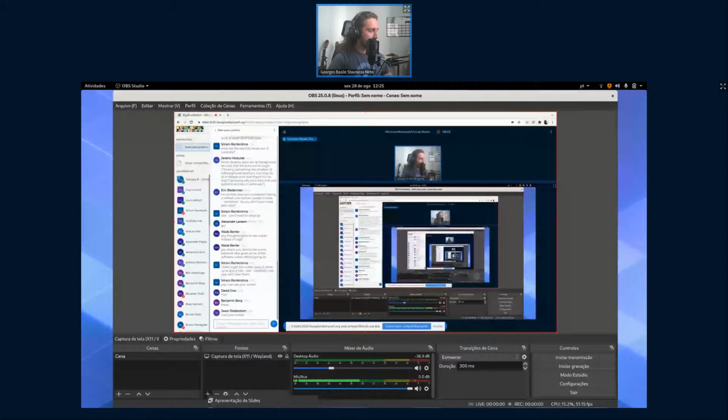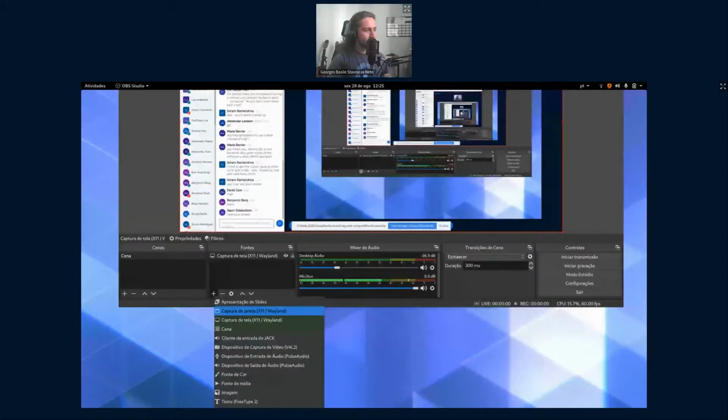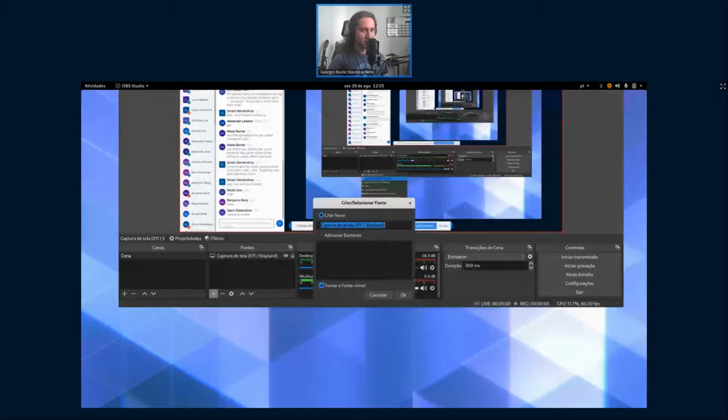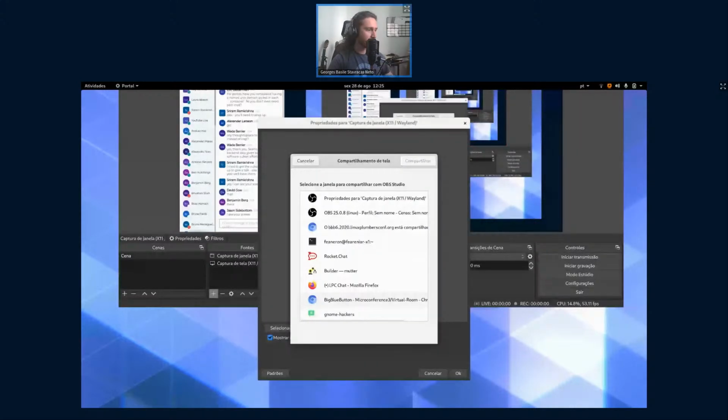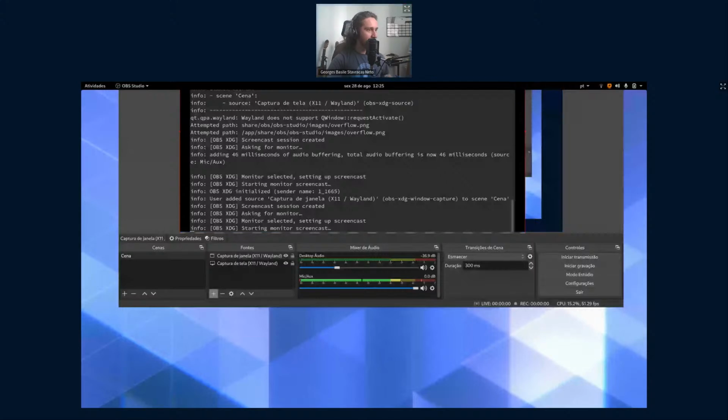Using portals, I can also choose a specific window. This is still the portal, so I can choose, let's select this one, and then I'm screencasting this specific one.